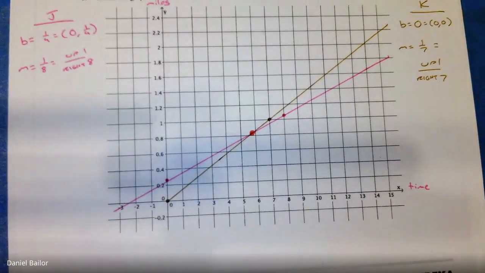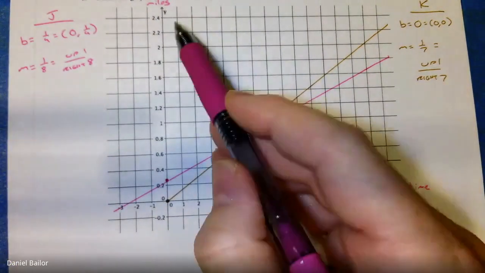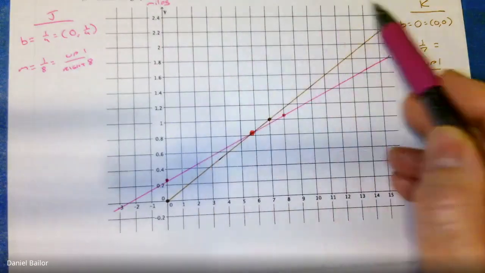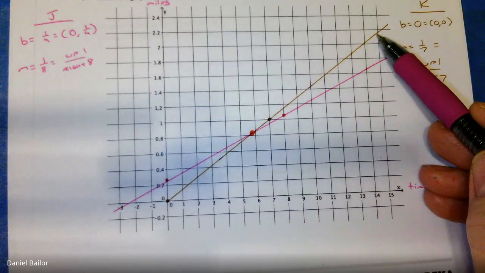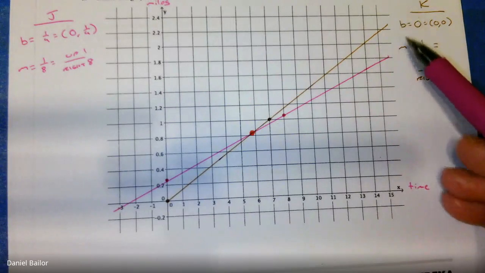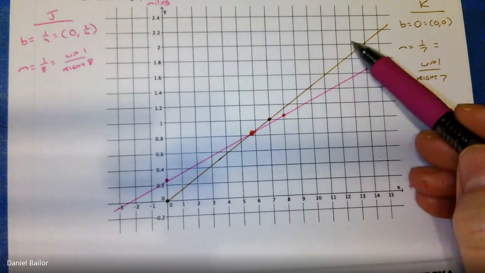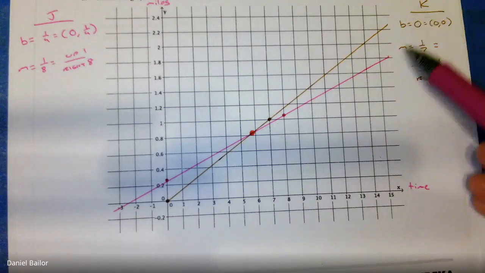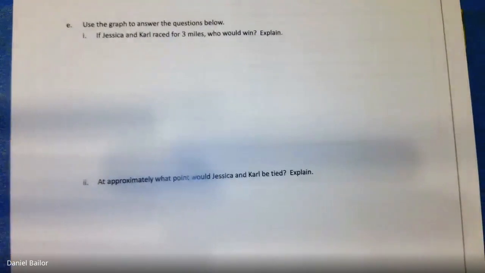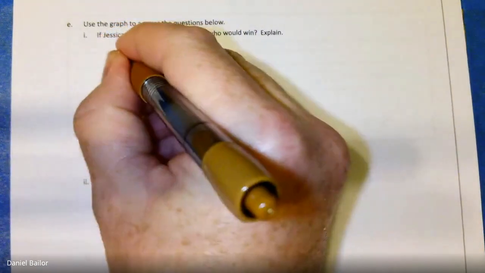If they race for 3 miles, you can see if we go to the 3-mile mark, Carl will be there before her. Carl's graph will hit the 3-mile mark before Jessica's graph. We cannot see the 3-mile on here, but we know that Carl will hit 3 before Jessica hits 3. So if they race for 3 miles, who would win? We will say Carl will win